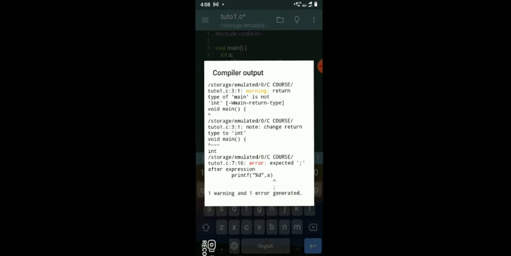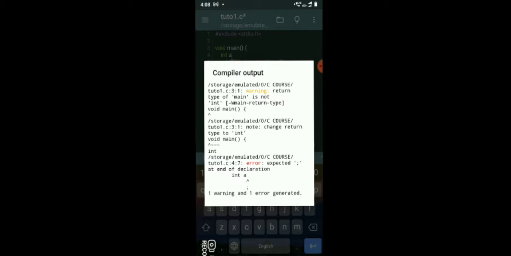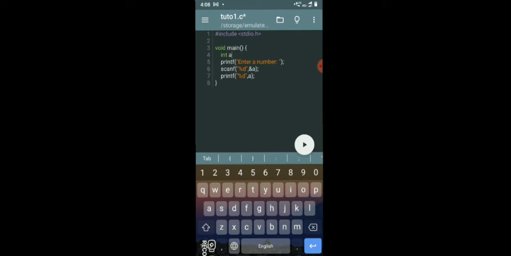Yes guys, oh, error. What's the error? Oh, semicolon. Yes, that's a very important thing, guys, the semicolon. Never forget it, because you have to put a semicolon in each and every line, even when declaring a variable. As you could see just now, I removed the semicolon from the variable, and what happened,